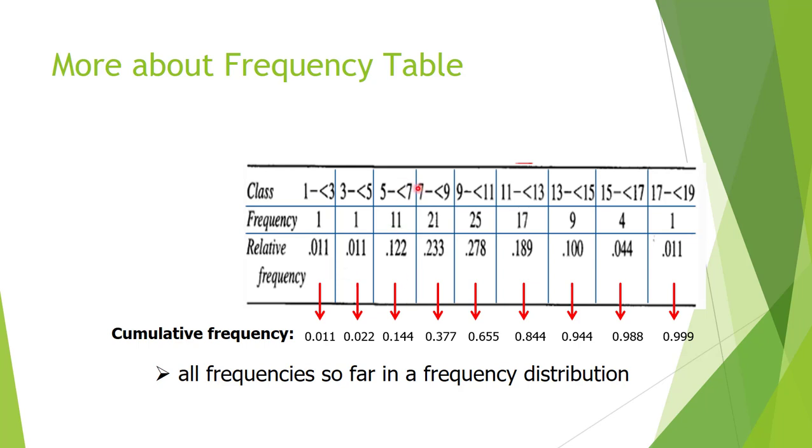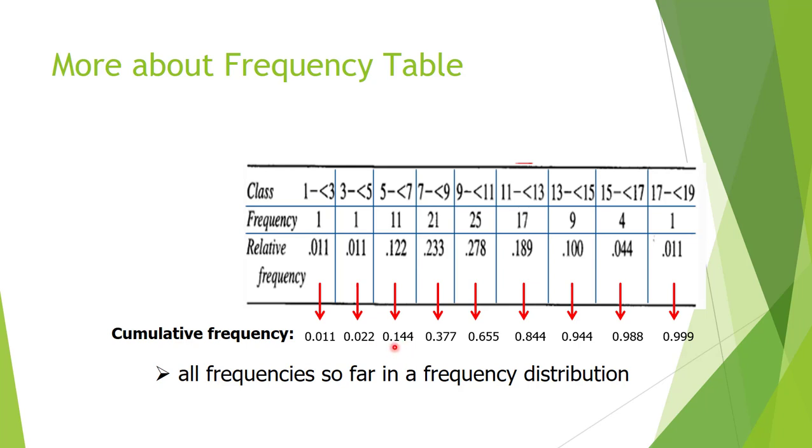One more example. All frequencies so far for this one will be all frequencies up to the point of energy consumption of 7. So up to energy consumption of 7, how many homes do I have? What you're going to do is add these 3 numbers together, and then you're going to get